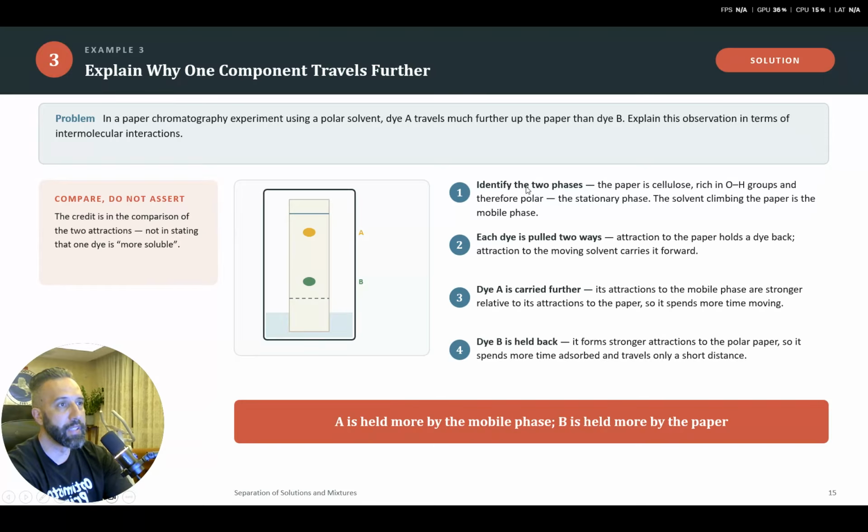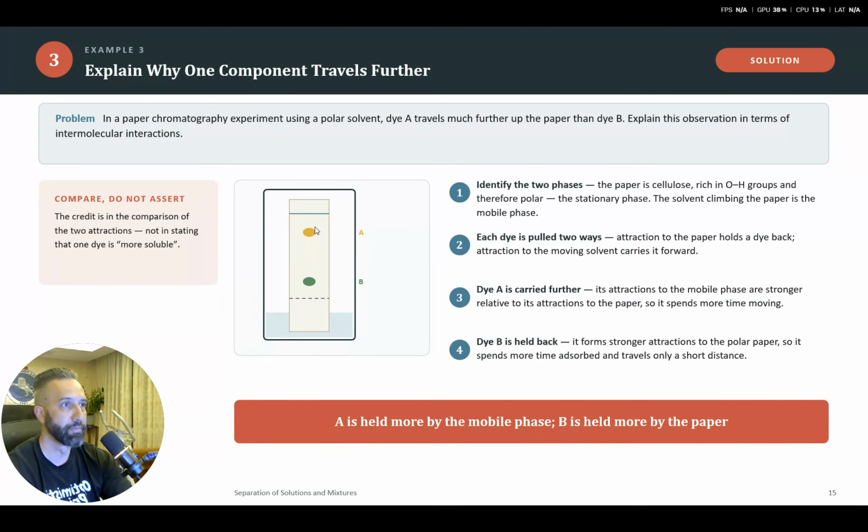However, look at this. Identify the 2 phases. The paper is cellulose, rich in OH bonds. So the paper has OH bonds, right? Cellulose is also polar, but cellulose is a huge molecule, so it's not really considered to be very polar, but it does have OH bonds. So if something is very slow here, in this case like B, you can say that probably B is able to form hydrogen bonds, right? However, since the solvent is polar and A has gone higher, A is something that's probably polar but cannot form hydrogen bonds,